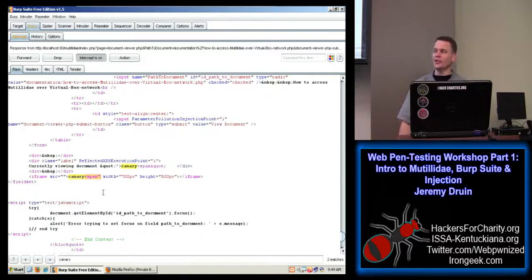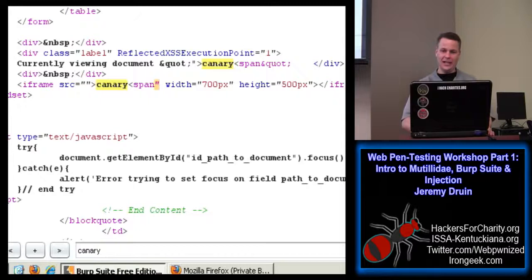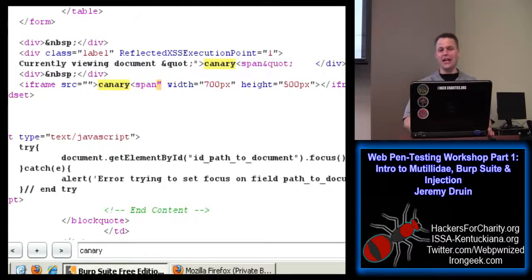There's something wrong with that syntax. We're missing something. Just take a guess. That span tag doesn't look right, does it? Look at the iframe tag. It's iframe space source equals quote quote close frame. I mean, it doesn't make any sense, but it's a well-formed tag. It's still syntactically correct, even if it doesn't make any logical sense. The span tag is messed up. It's like span quote. That's not going to work.